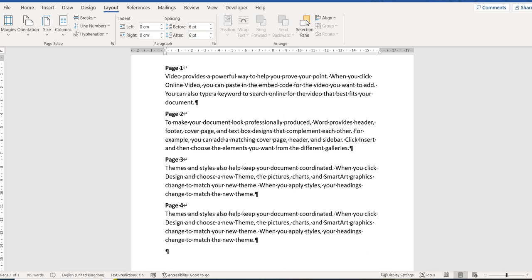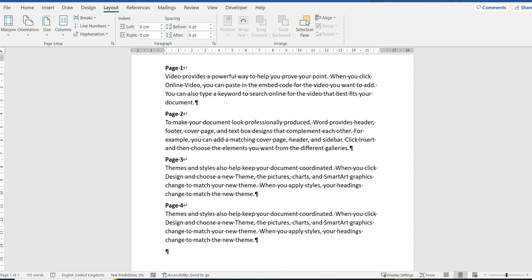In page breaks you get a hard and a soft page break. A soft page break is basically when you come to the end of the page and you carry on typing, and the software automatically bumps you onto the next page, whether it's page 2 or 10 or 12. And a hard page break is where you physically go and click and insert a page break to go onto a new page,